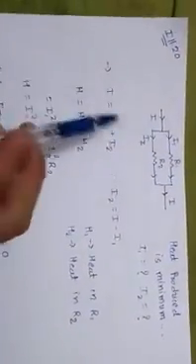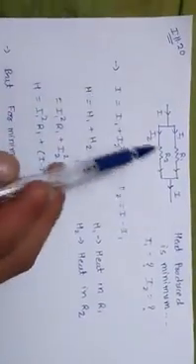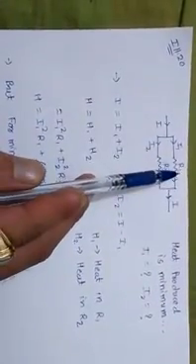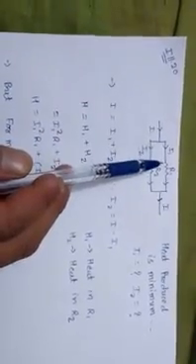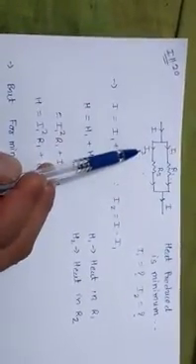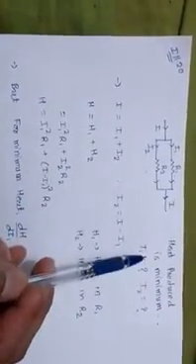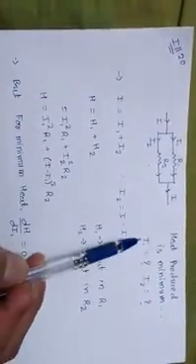Now we are going to discuss illustration number 20. In illustration number 20 we have been provided two resistors, R1 and R2. The currents flowing through them are I1 and I2. If the joule heat produced in them is minimum, at that time we have to find out the values of